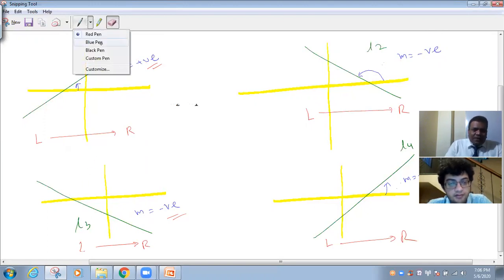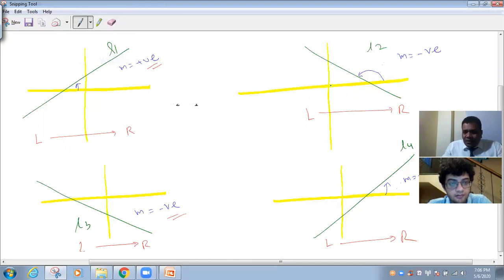You see the intercept of the line. Intercept means the distance from the origin to where the line cuts. This is called the x-intercept and this is called the y-intercept. You see the intercept of this line is what? Positive. And above is also positive. So slope is negative. Okay. And here you see the x-intercept is negative. Right? Because in the second quadrant x is negative and y is also negative. Again slope is negative. So when slope is negative, the intercepts are of the same sign,